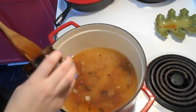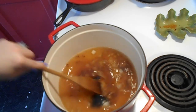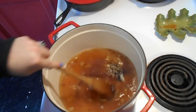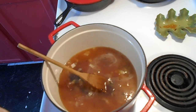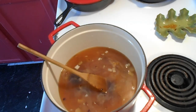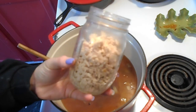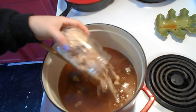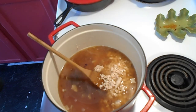Okay, and we still have our heat on medium, and we just want it to simmer. I may bring it up to a boil just for a second, but really I'm just cool with it simmering. So we'll go ahead and add in, I drained off the liquid of our ground turkey, and the beauty of